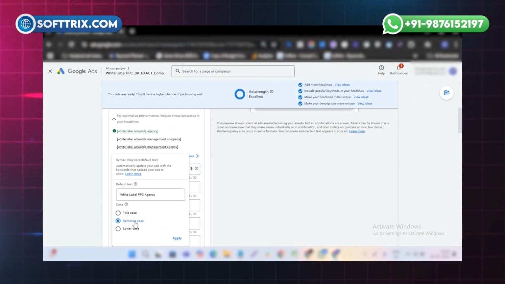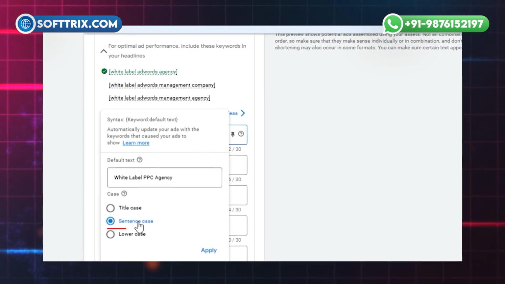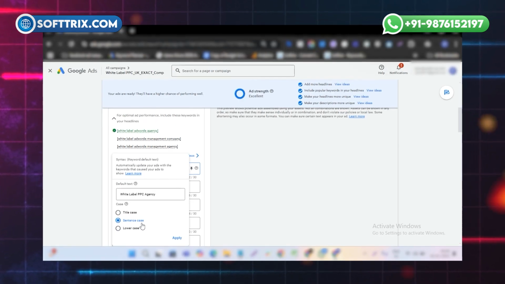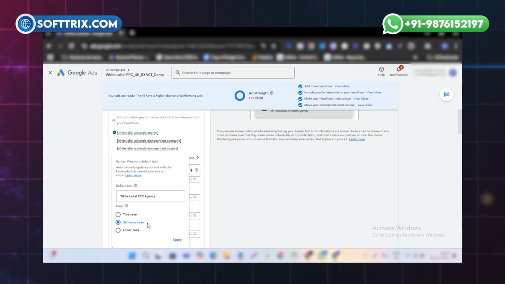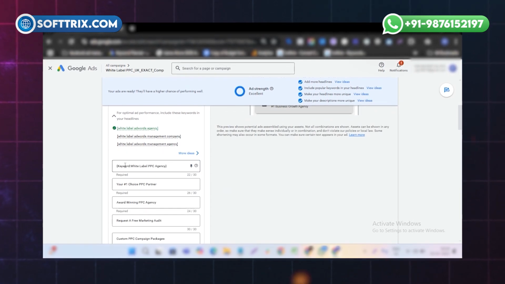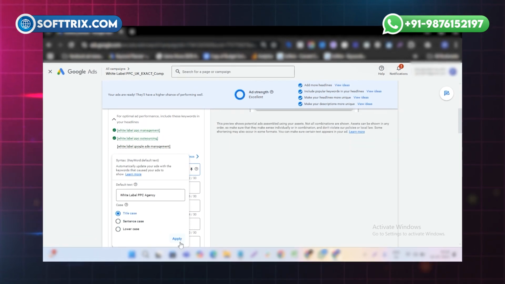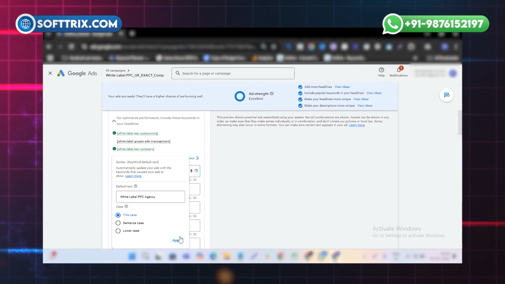That means all the letters will not show the first capital letter, so that will show up in a sentence case. So you can use it according to your requirement. If you want that headline to be in sentence case, then you can use W small, but usually I always prefer to have it in title case because a headline should be in title case.